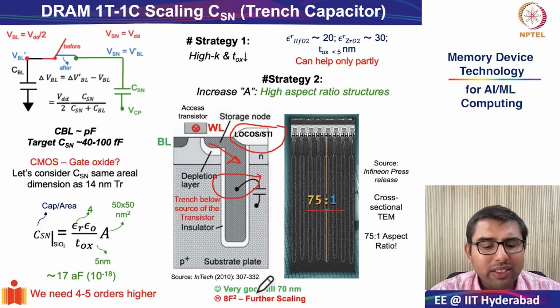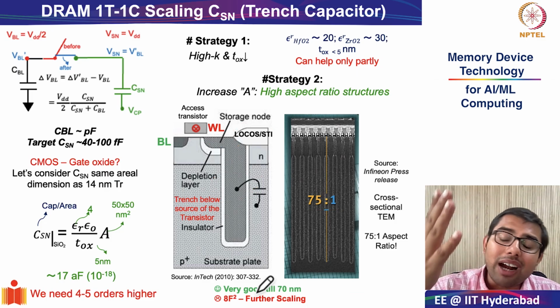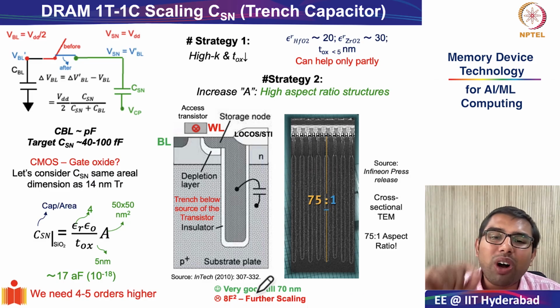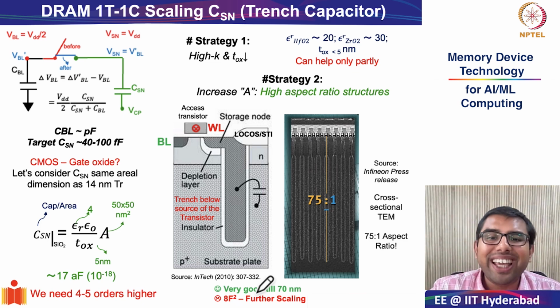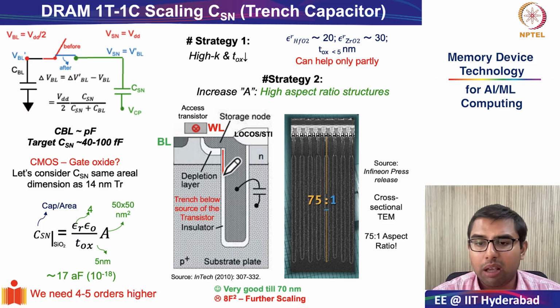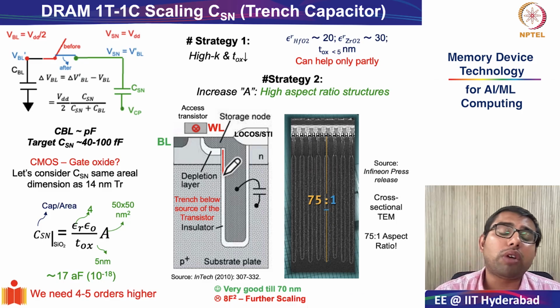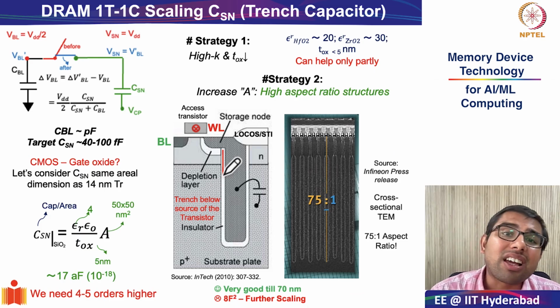Moreover, there are some fabrication issues which also come to the fore, such as when you start increasing the aspect ratio of the deep trench, it becomes very difficult to do a conformal deposition. Conformal means uniform deposition throughout the trench. Doing this uniform deposition throughout the trench becomes very difficult with atomic layer deposition. Okay, and this increases the resistance of the trench fill. So to move away from this technology, people started developing something called the stacked capacitor model.